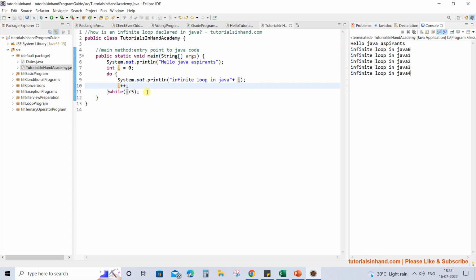I hope now you have understood when your code can enter into an infinite loop and what you should keep in mind to make sure that the code does not enter an infinite loop. You should always increment the value of the check variable so that it keeps on increasing in every iteration, and once this condition is not satisfied, the value should stop getting printed and you should never enter an infinite loop. Hope you have understood what I wanted to teach you in this video tutorial.